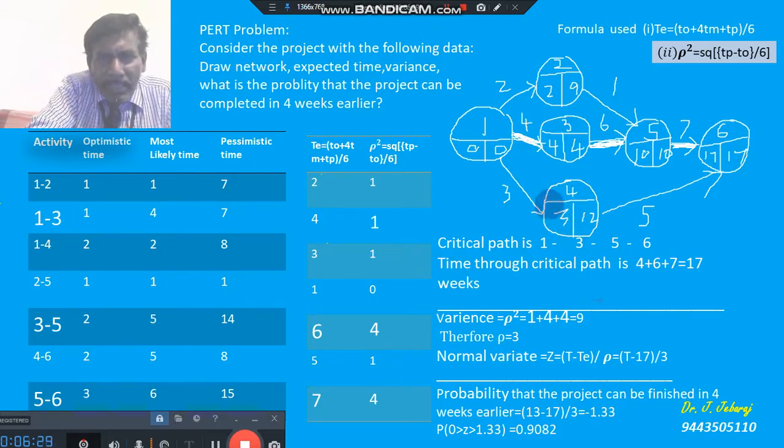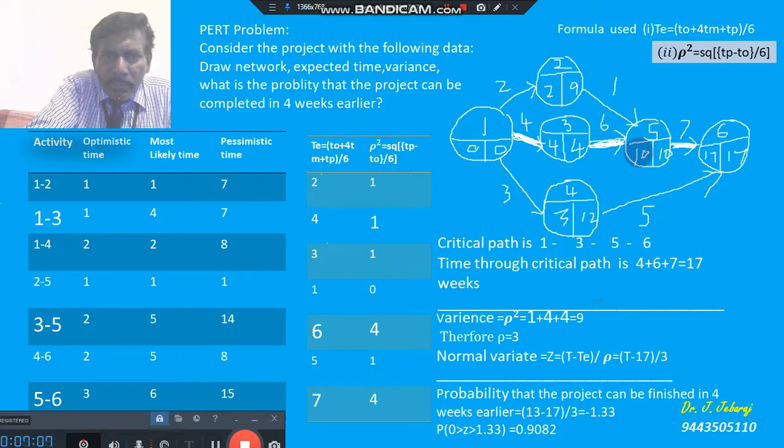Okay, and then look at this. This event has 2 arrows ending, therefore you will get 2 earliest times here. Am I correct? 2 earliest times, one through this way, one through this way. 2 plus 1, 3 will come here, 4 plus 6, 10 will come here. So 2 earliest times will come here, 3 and 10. Which do we have to write? The maximum we have to write. 2 plus 1, 3 comes here, 4 plus 6, 10 comes here, 10 is the maximum.